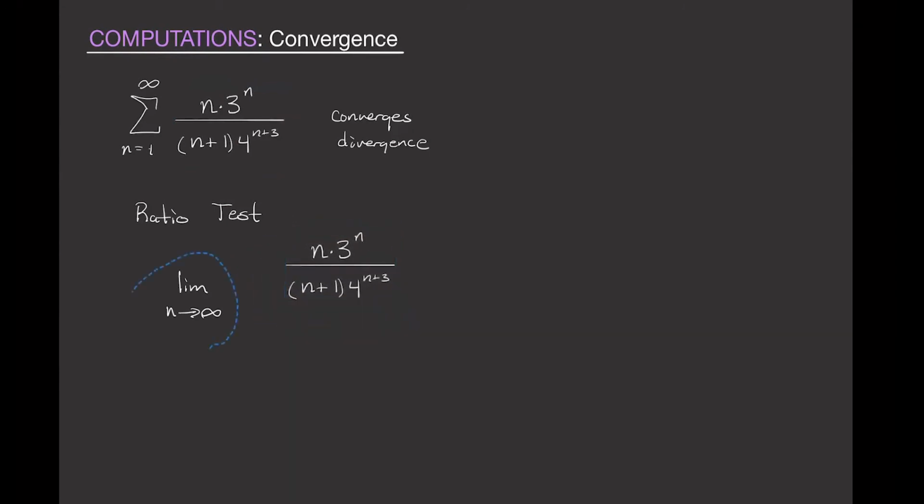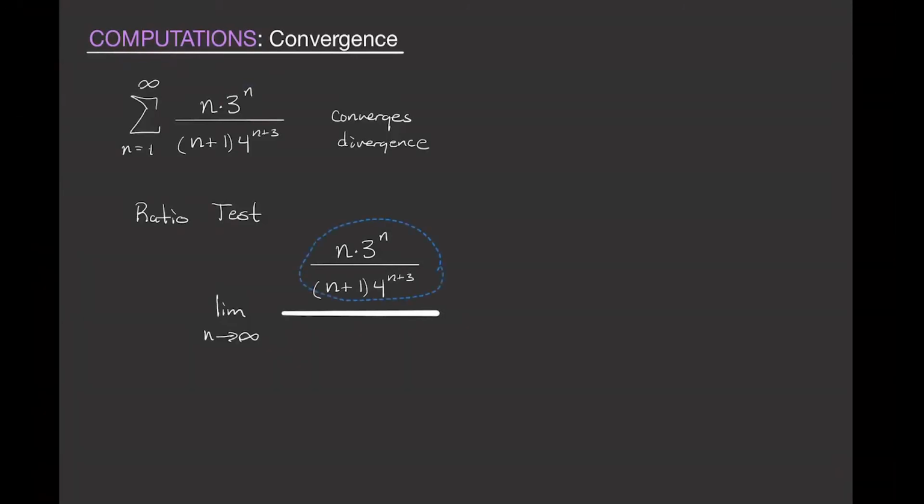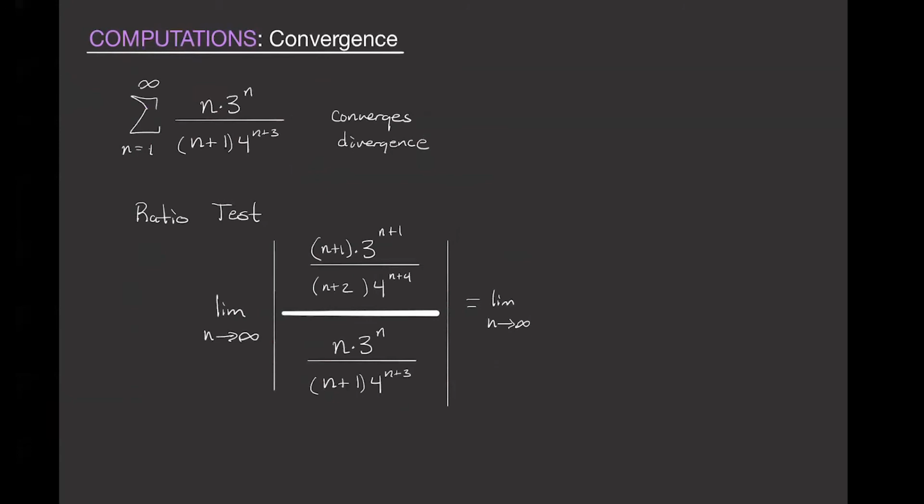So actually, let me really make it look like a ratio. So we have this. We're going to then divide it by the same thing, but in the top, we're going to change all the n's. I'll just run through the algebra really quick. I think the algebra is going to be something to the effect of n plus 1 squared over n times n plus 2. Then we're going to have 3 divided by 4. The limit of that,